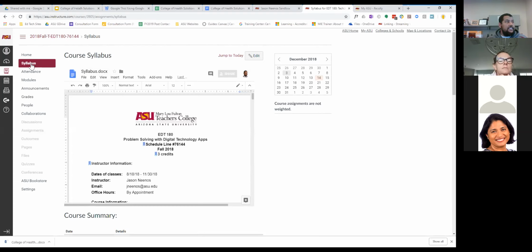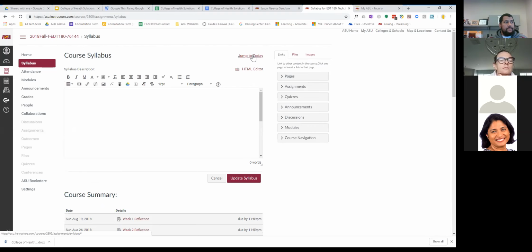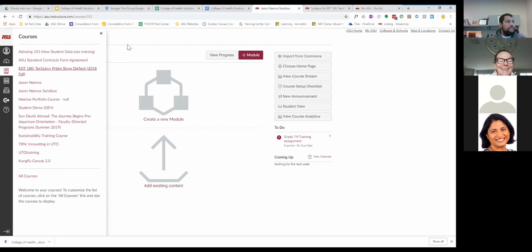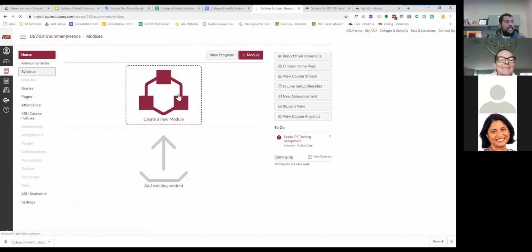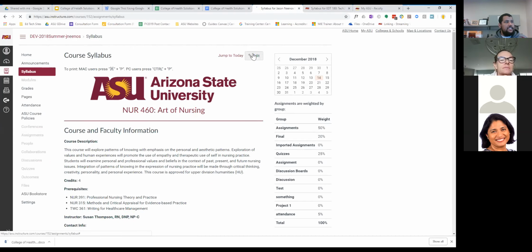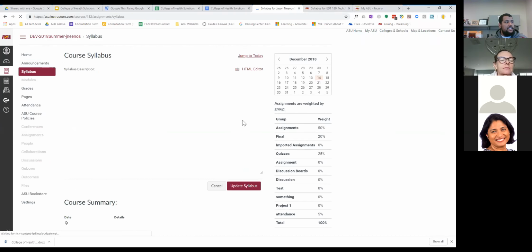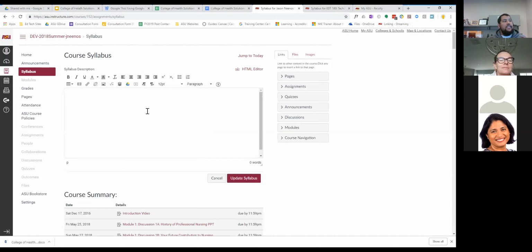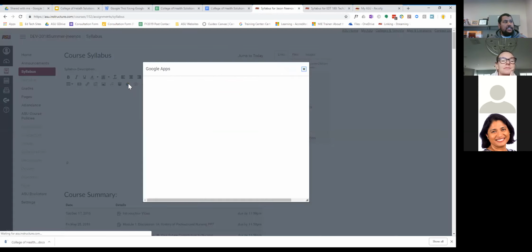What I mean by that is I'm in my syllabus section right now. If I click on edit, I get the rich text editor box. Actually, I'm going to do this in another course so I don't mess anything up in here. So once again, I'm going to go to the syllabus section. Delete everything in here. In my rich text editor box here, I have all these standard icons, but one of the icons here is the Google Apps. If I were to click on this,